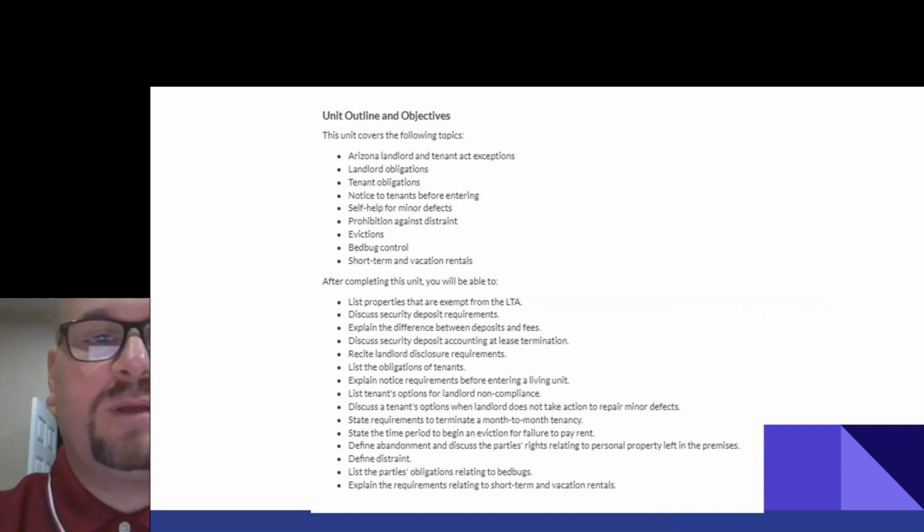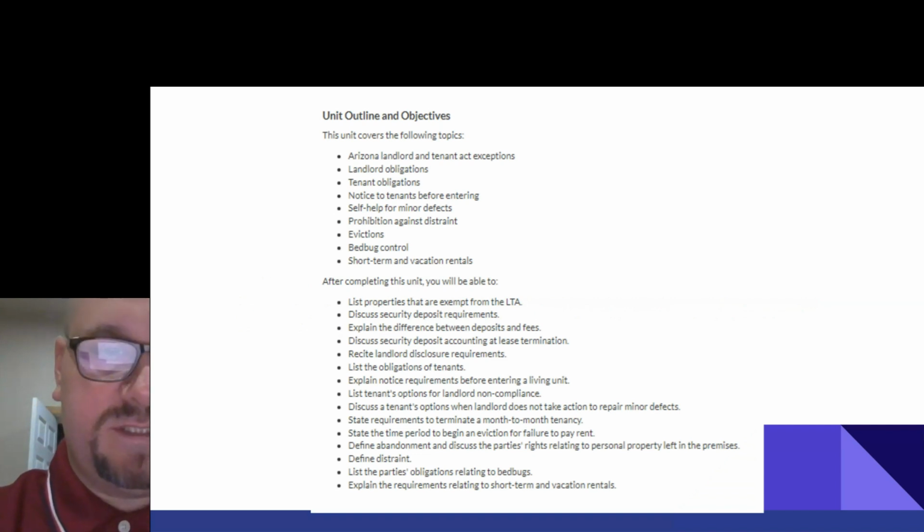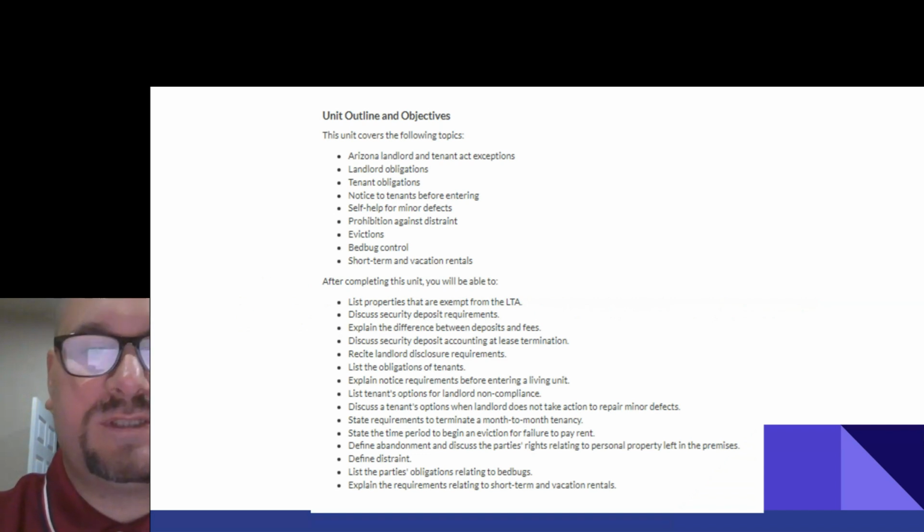And then after completing the unit, you're going to be able to list the properties that are exempt from the LTA, discuss security deposit requirements, explain the difference between deposits and fees, discuss security deposits accounting at lease termination, recite landlord disclosure requirements, list the obligations of tenants, explain notice requirements before entering a living unit, list tenant options for landlord non-compliance, discuss a tenant's options when a landlord does not take action to repair minor defects, state requirements to terminate a month-to-month tenancy,